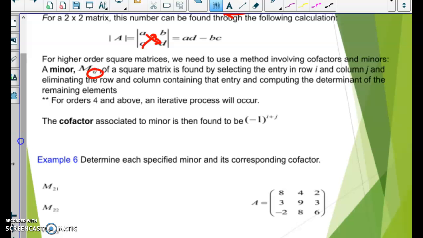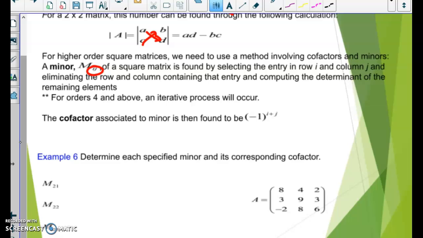Now this ij thing, the i is the row and the j is the column. So if we're looking for the minor 2, 1, that's row 2 and the column is 1. So that's what that 21, 22, 23 means. They're asking you to expand about the row and column placement. So we're talking about in this M21,